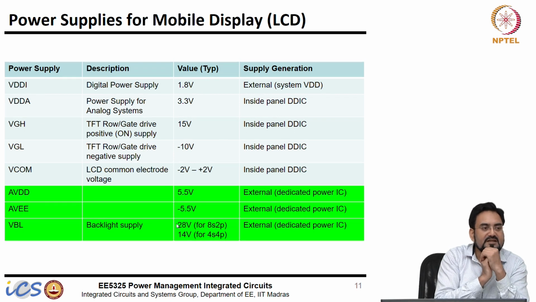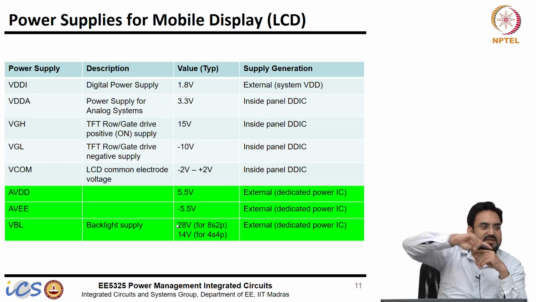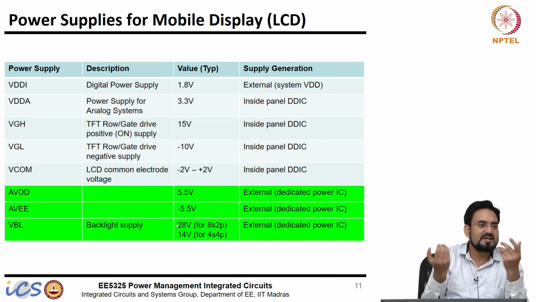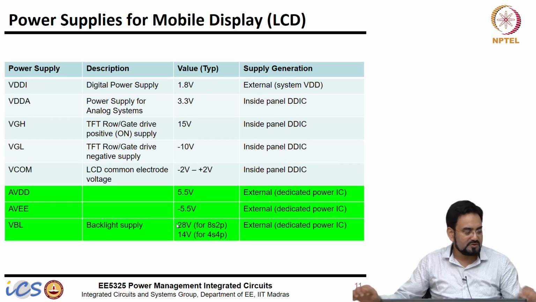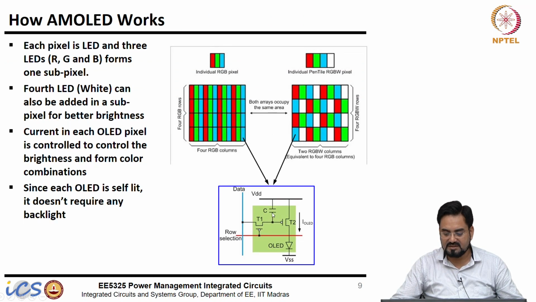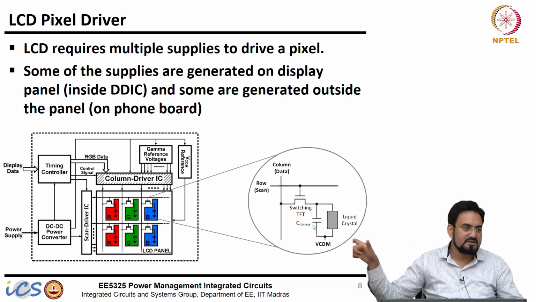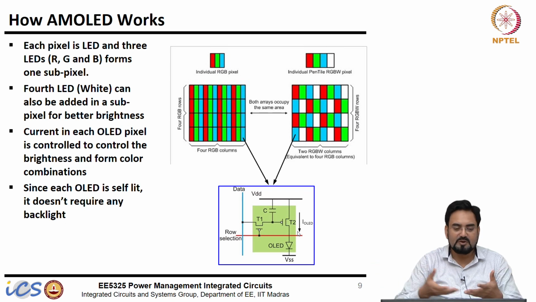It depends on the refresh rate. So if you have, let's say, a 50 hertz refresh rate, depending upon how many pixels, you have to cover all the pixels within one cycle of 50 hertz. So you can just multiply with the number of pixels and you can see what clock rate you will require. That's why this capacitor which is required here, this C storage, should be big enough to hold your charge, because if this capacitor leaks out, then your display will change and your whole picture will get distorted.